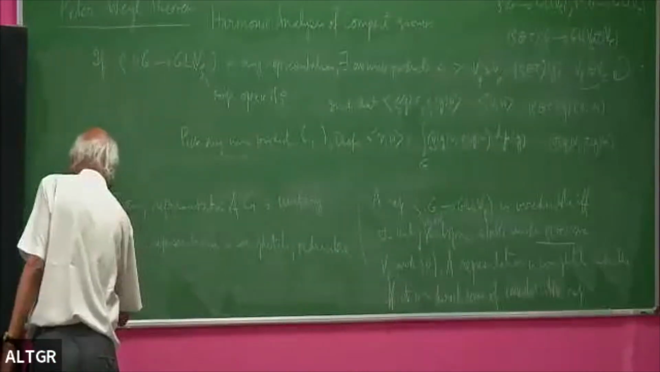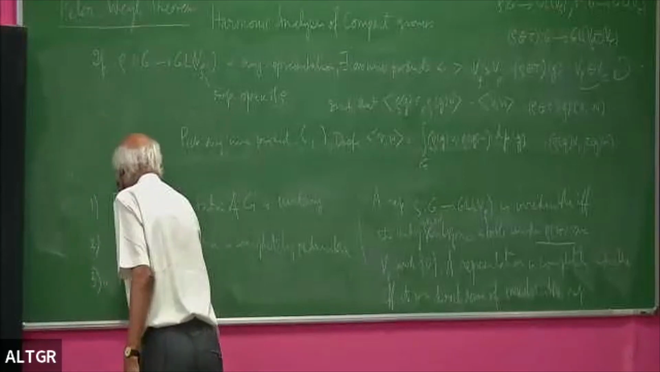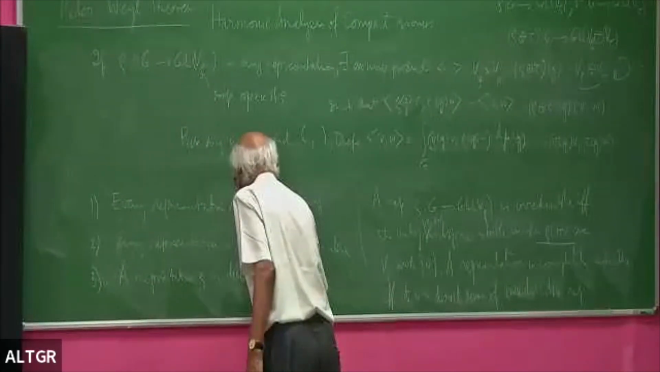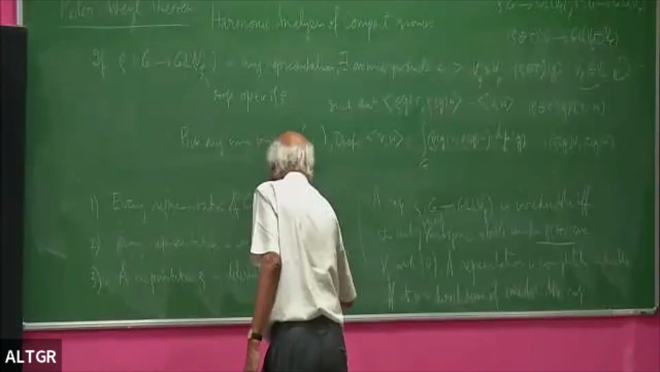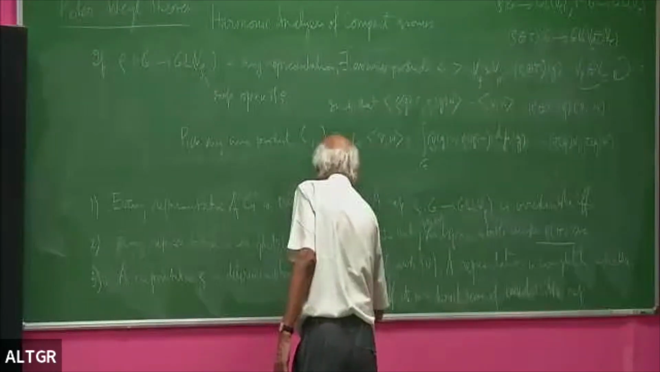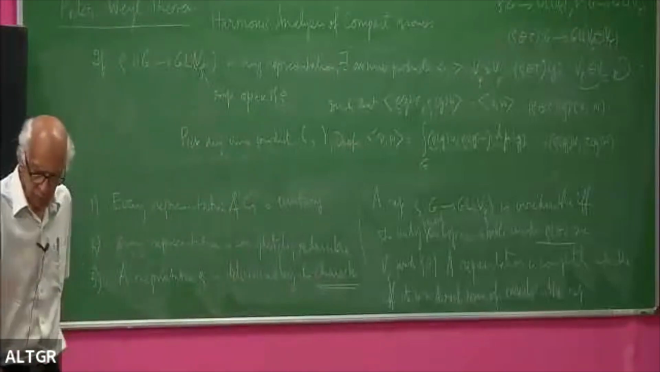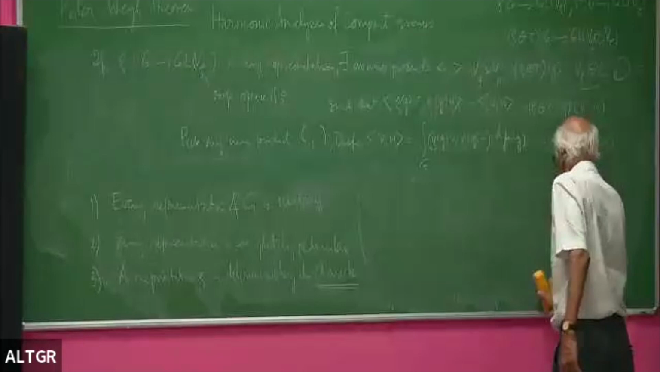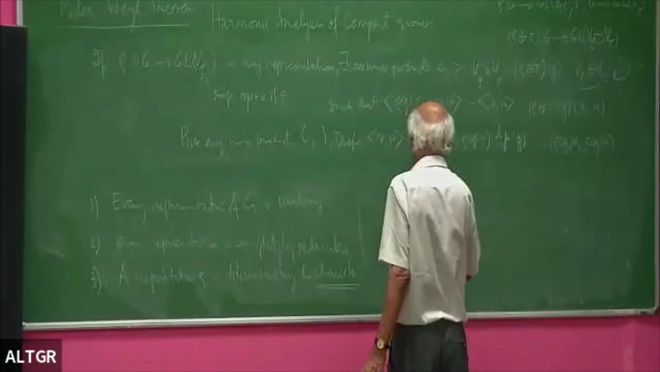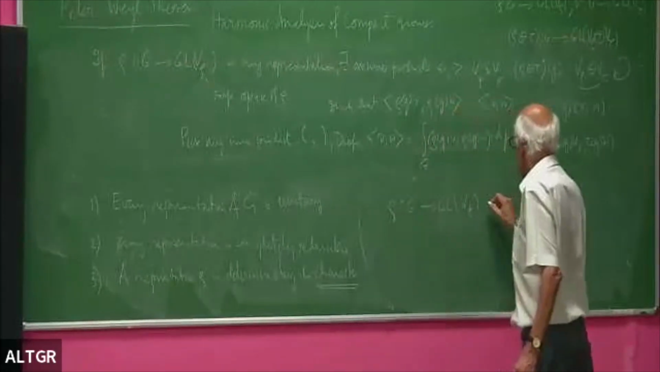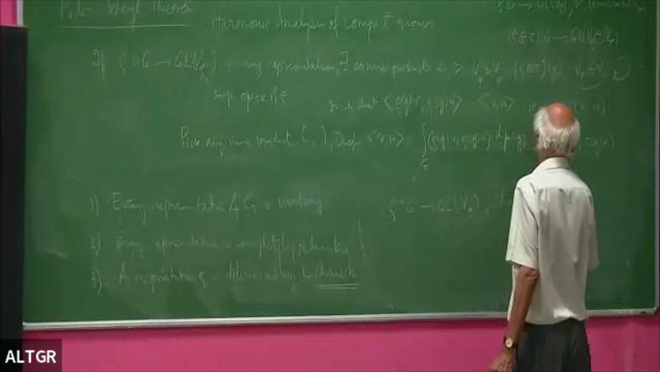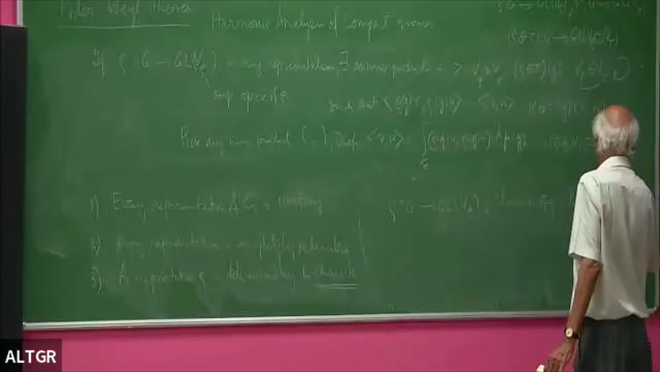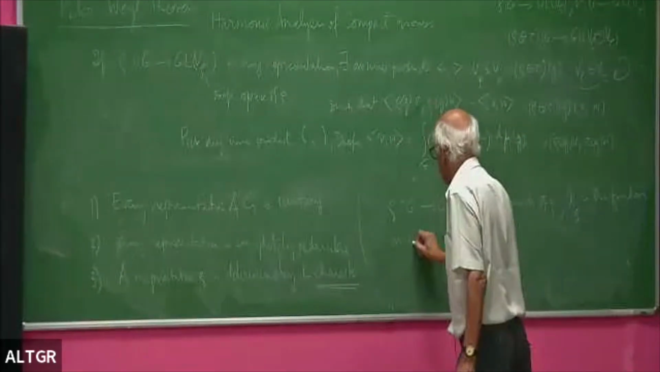And the third statement I want to make here is that a representation rho is determined by its character. What do I mean by its character? If you have a representation rho, G to GL(V rho), the character of rho, often denoted chi rho, chi subscript rho, is the function on G defined by